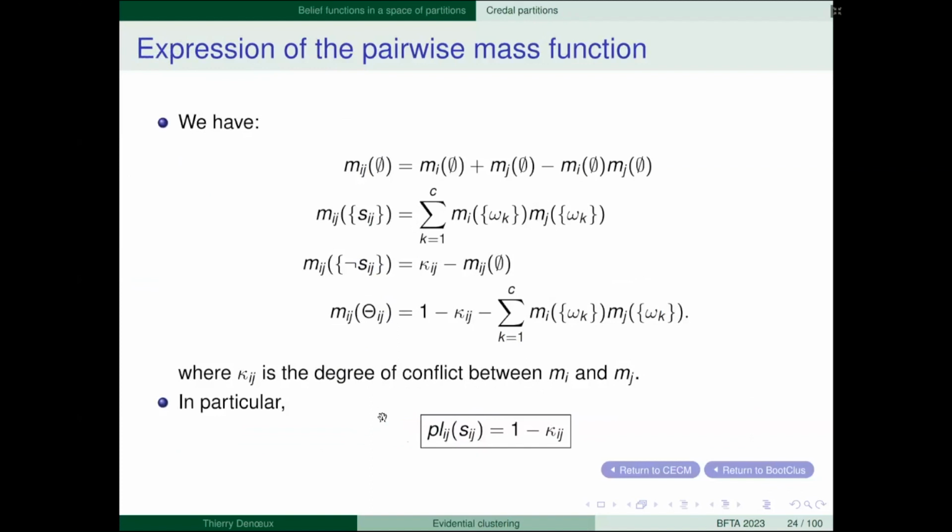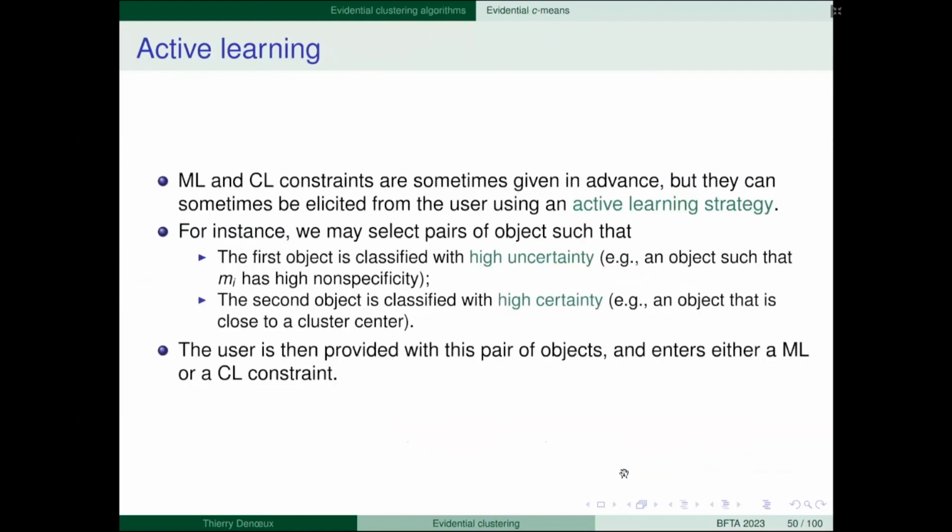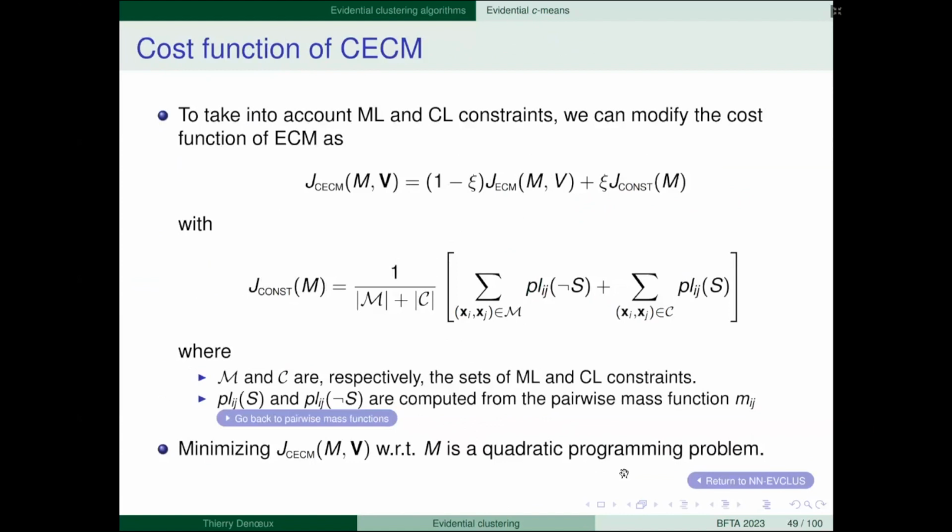So we have this formula, and we can do the computation. And actually, minimizing this criterion is a quadratic programming problem, so it can be done relatively efficiently.